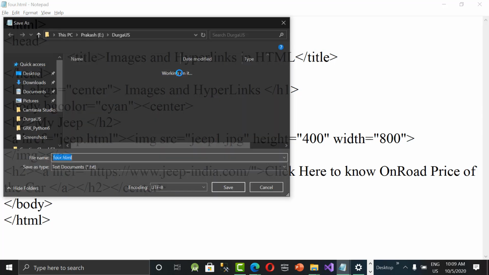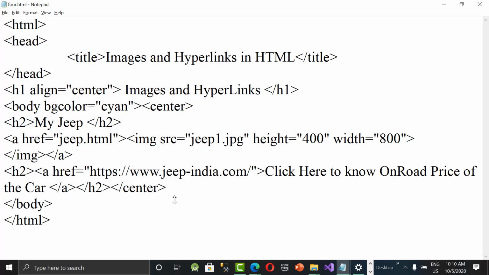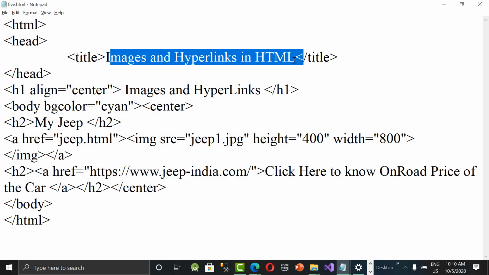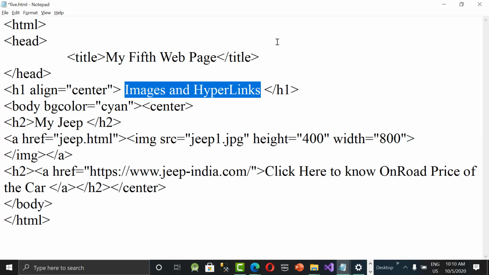So what I'm saying, div tag demo. Let's cut it. My fifth web page. Something like this I'm giving. And here I'm giving div tag demo, or let us insert some other thing.